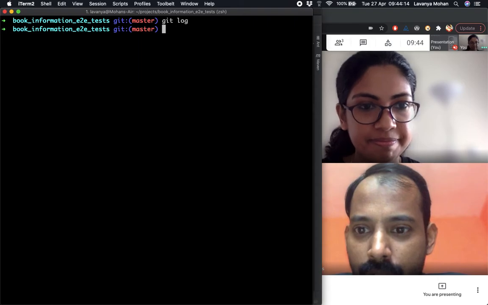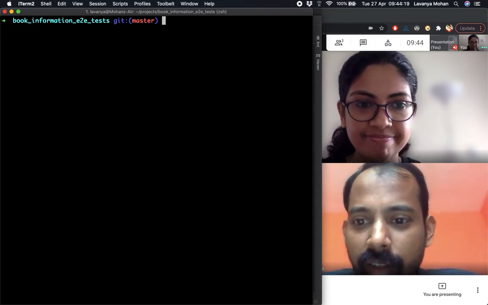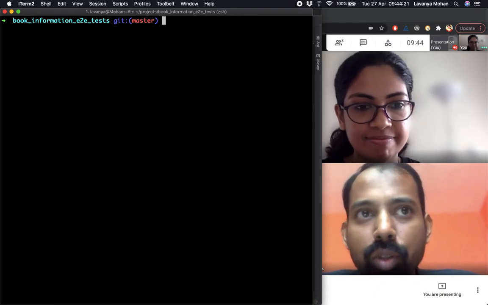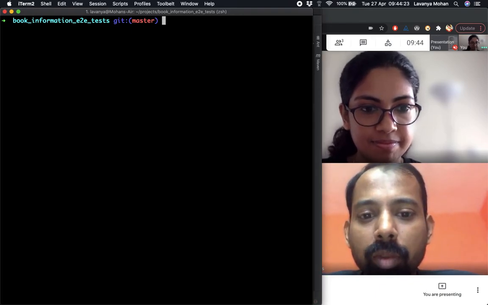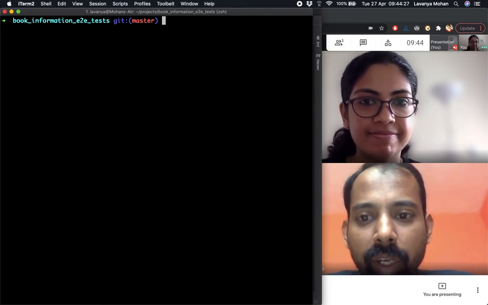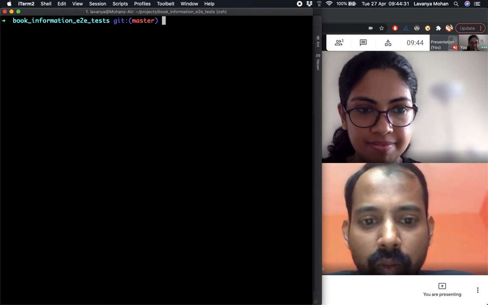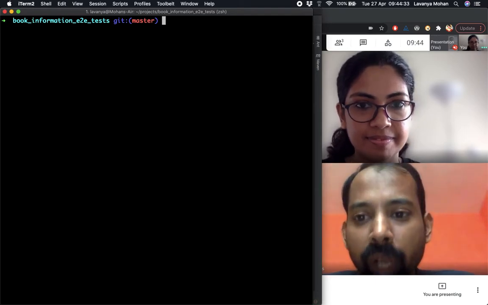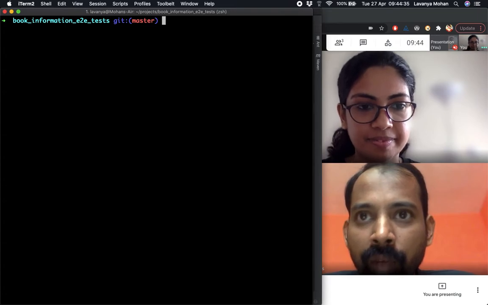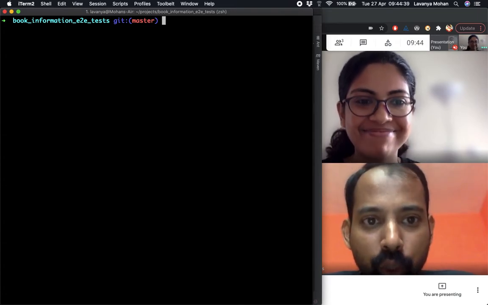Got it. So yes, today we have seen what is git branching. We also spent some time understanding what head means, where it is pointing. Then we saw why we need to branch and how to branch. And then we also saw that creating a new branch doesn't make the head point to the new branch.